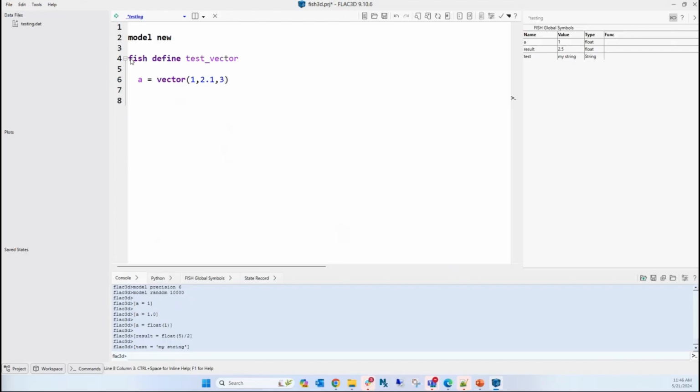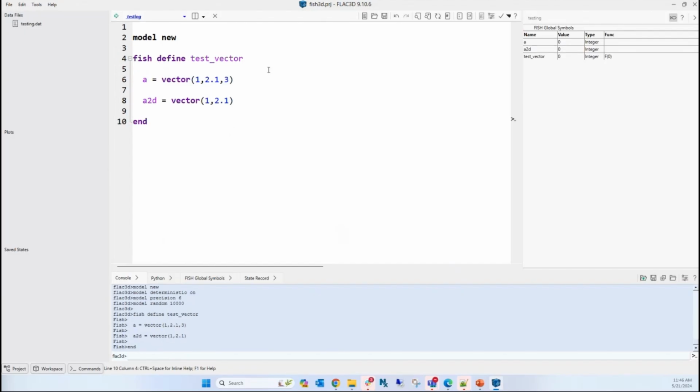Even in 3D, you could make a 2D vector. So you could say something like this, A2D equals vector. Notice how when I made a typo there, it doesn't turn bold. So I've known that I messed something up. When I actually type vector, it turns bold. So A2D might just be 1, 2.1. If I run this,